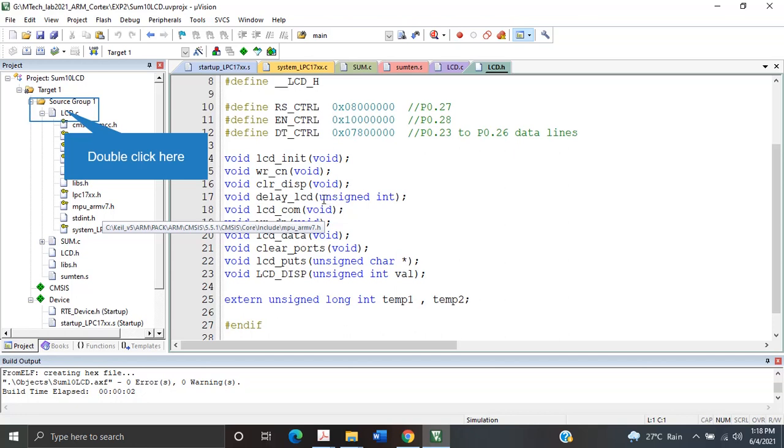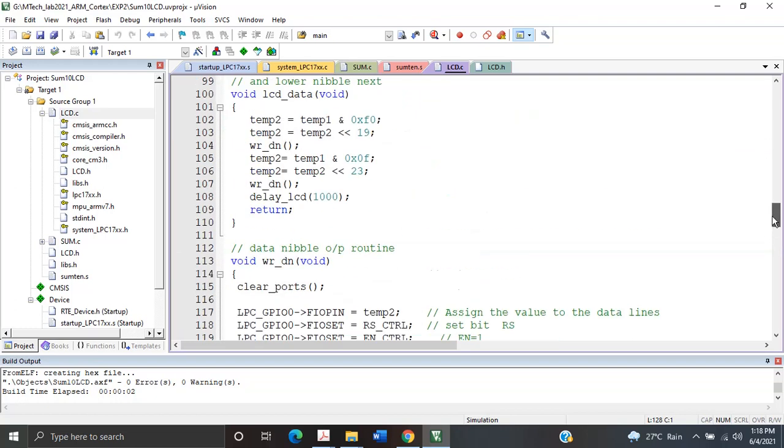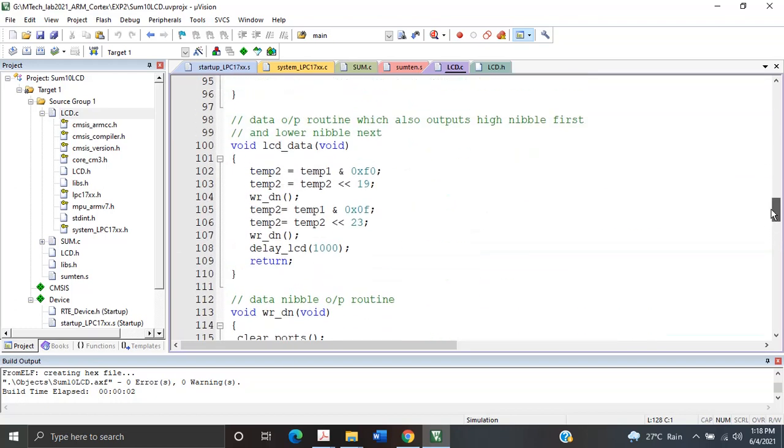You are clearing the display, then a delay, so you are writing some delay routines. For LCD communications, whatever you want to check, how it is done or why it is done, all these files will be written in LCD.c. So what is being done? You are writing a delay. What is meant by HC data?